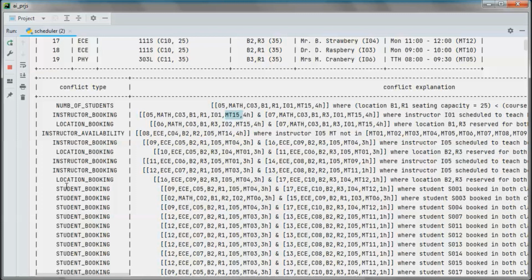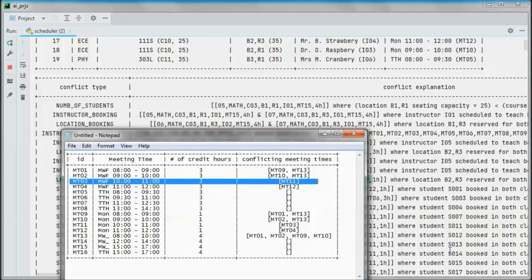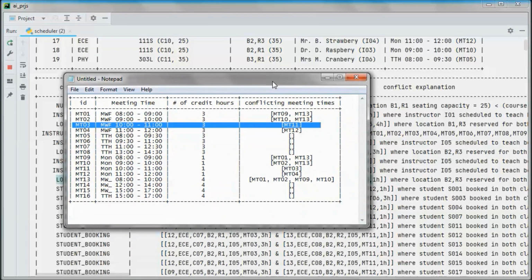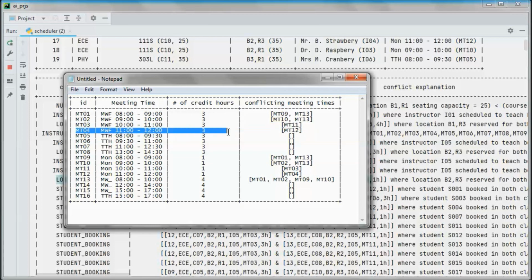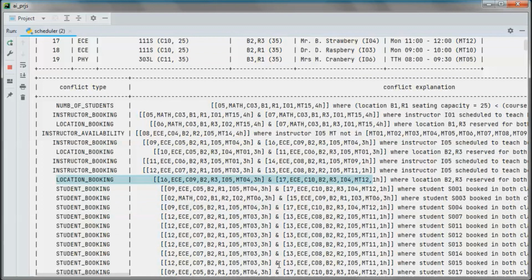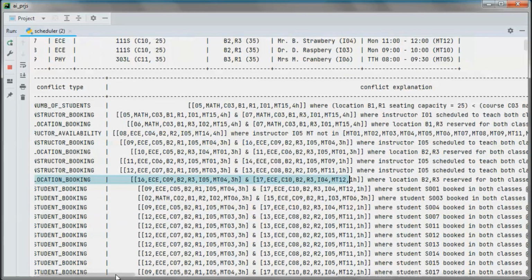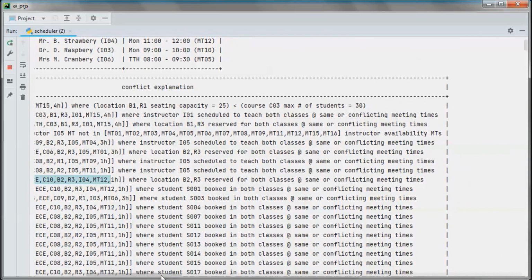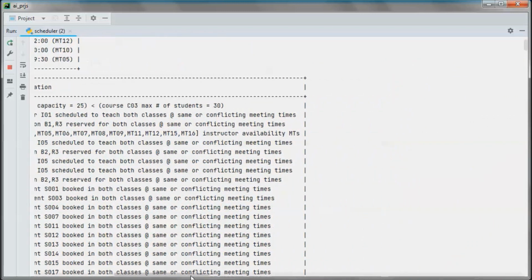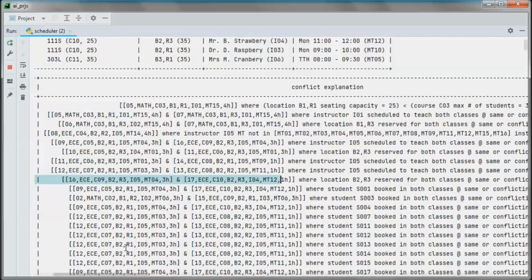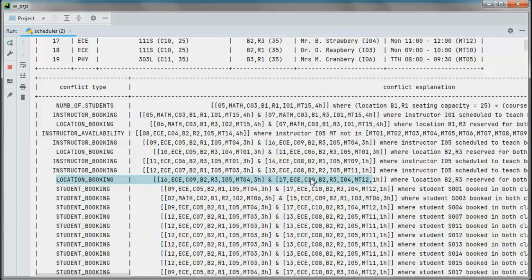Actually, you mentioned instructor booking, so let's show location booking. So meeting time 04 and meeting time 12. Meeting time 04 conflicts with meeting time 12. So location building 2, room 3 is reserved for both classes at the same or conflicting meeting time.